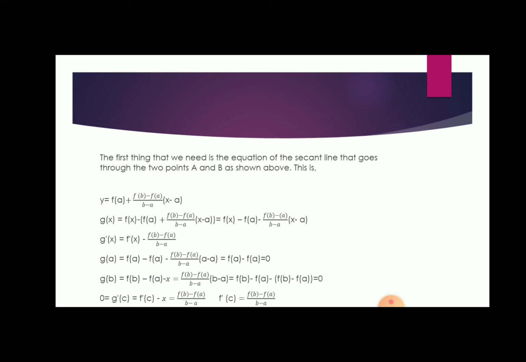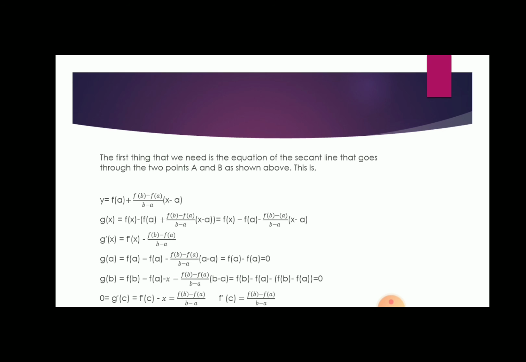The derivative is g prime of x equals f prime of x minus f of b minus f of a over b minus a. Now g of a equals f of a minus f of a minus f of b minus f of a over b minus a times a minus a, which equals f of a minus f of a, which equals 0. And g of b equals f of b minus f of a minus f of b minus f of a over b minus a